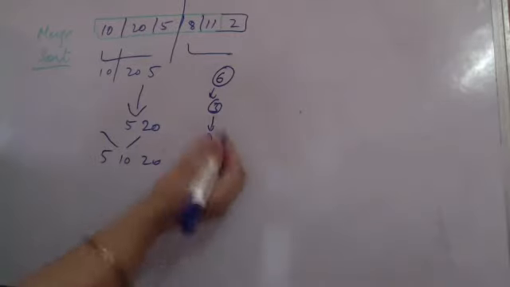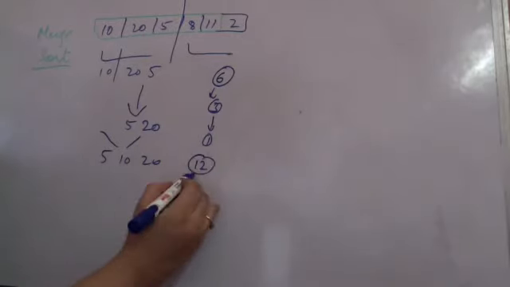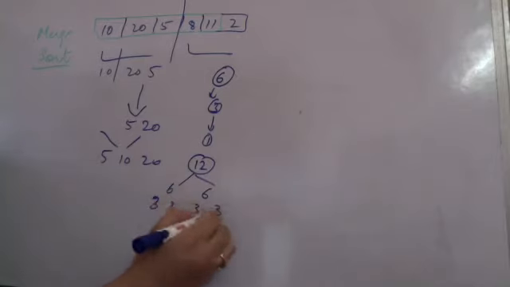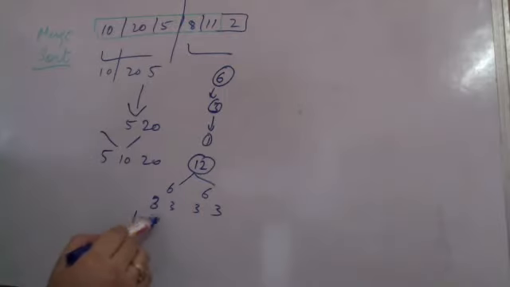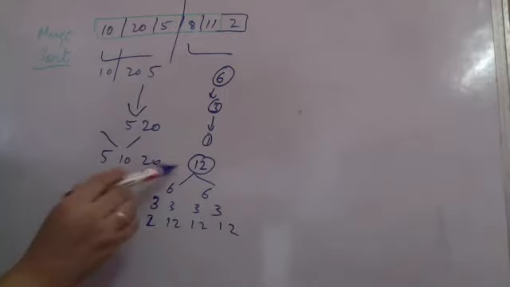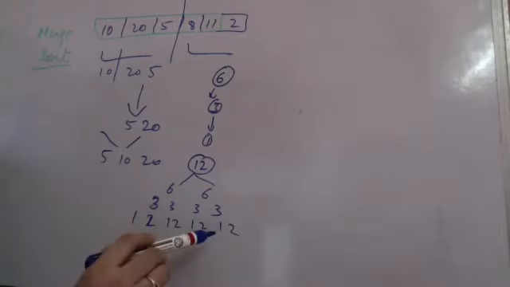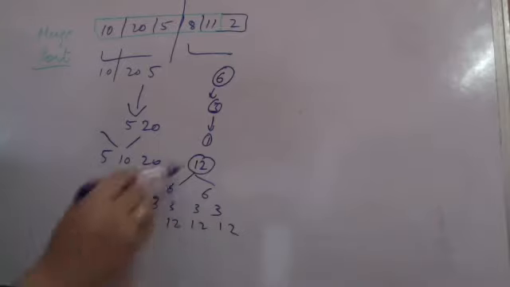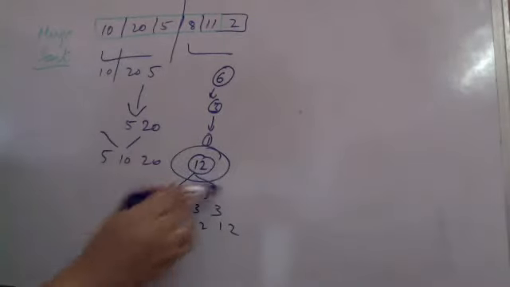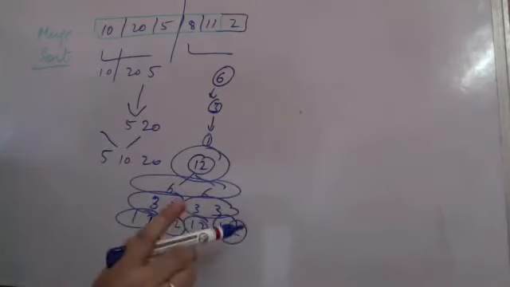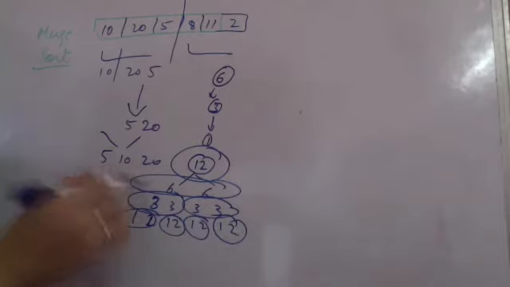If I have a size of, suppose, 12, I will be breaking it into two halves of 6 and 6, 3 and 3, and then breaking into 1 and 2, and then merging 1 and 2, merging 1 and 2. So how many times, if you see, has breaking been done? We need to understand that one merge is needed here, one merge is needed here, then we need a merge, then we need a merge. But how many times are we calling the break part?